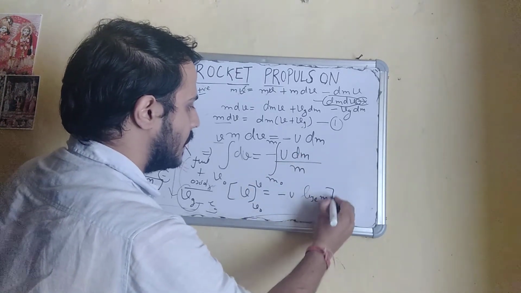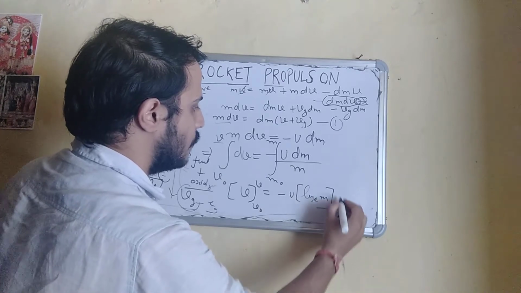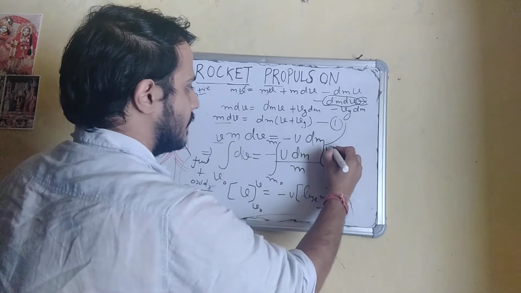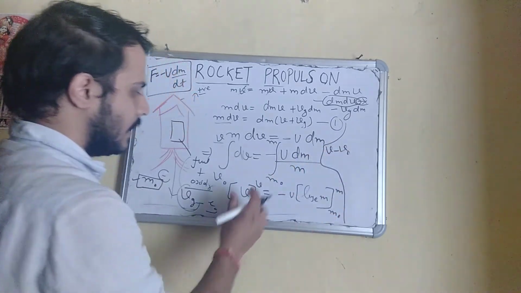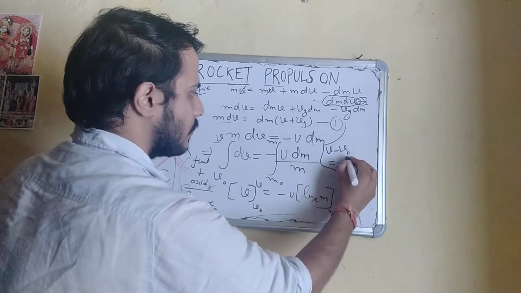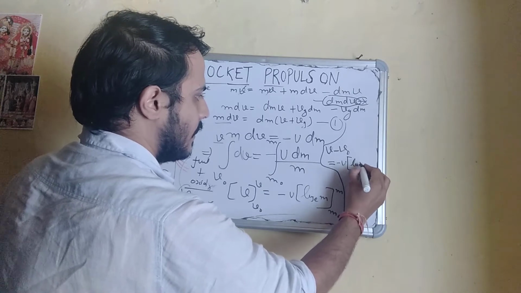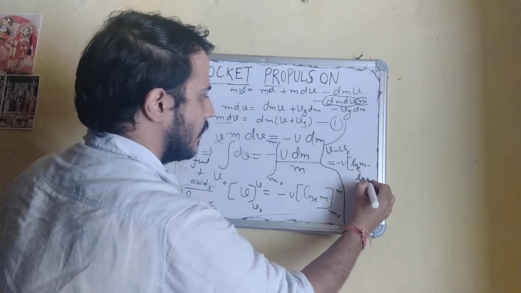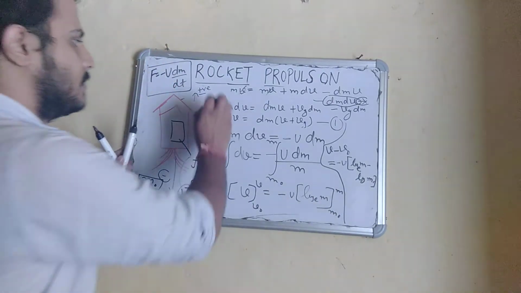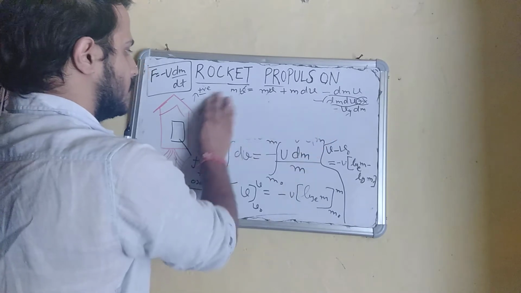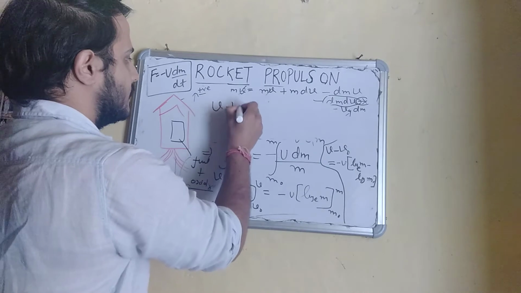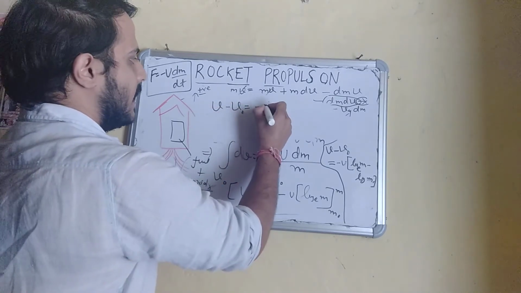log e m, limits are like m naught to m. So I'm just writing this expression here. So ये आ जाएगा v minus v naught, upper limit minus lower limit, is equal to minus u log e m minus log m naught. ओके, ये एक्सप्रेशन मैं अब थोड़ा यहाँ लिख रहा हूँ, इसकी हमें जरूरत नहीं है. सो जस्ट अ मिनट. सो वी आर गेटिंग दिस एक्सप्रेशन एज v minus v naught is equal to minus u